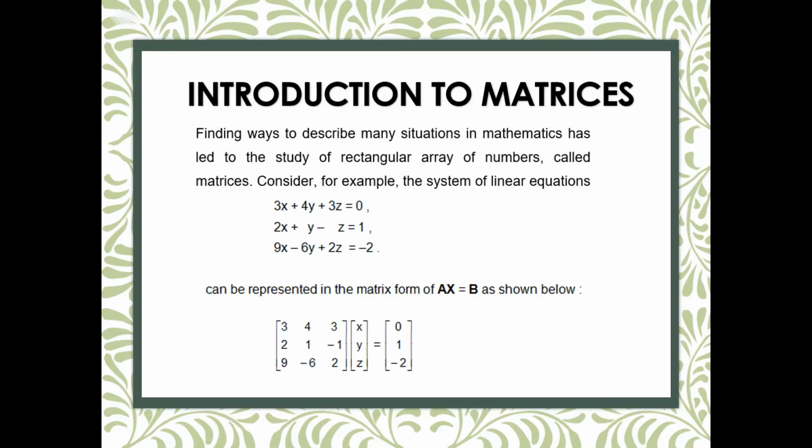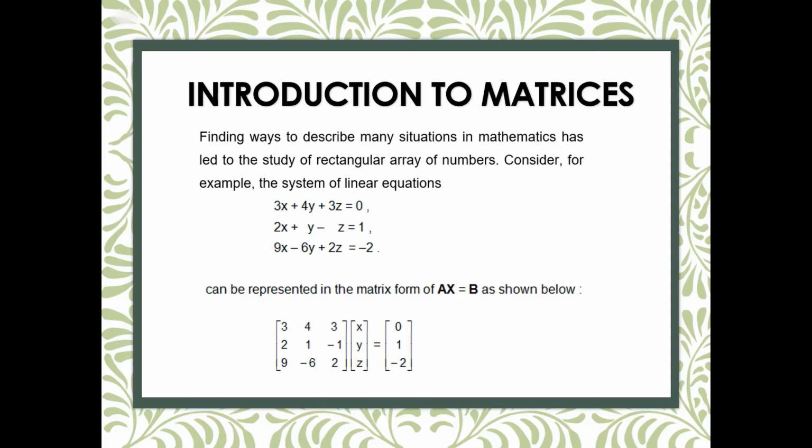This system can be represented in the matrix form of Ax equal to B as shown below. The matrix representation of Ax equal to B for a system of linear equations is useful to solve this equation